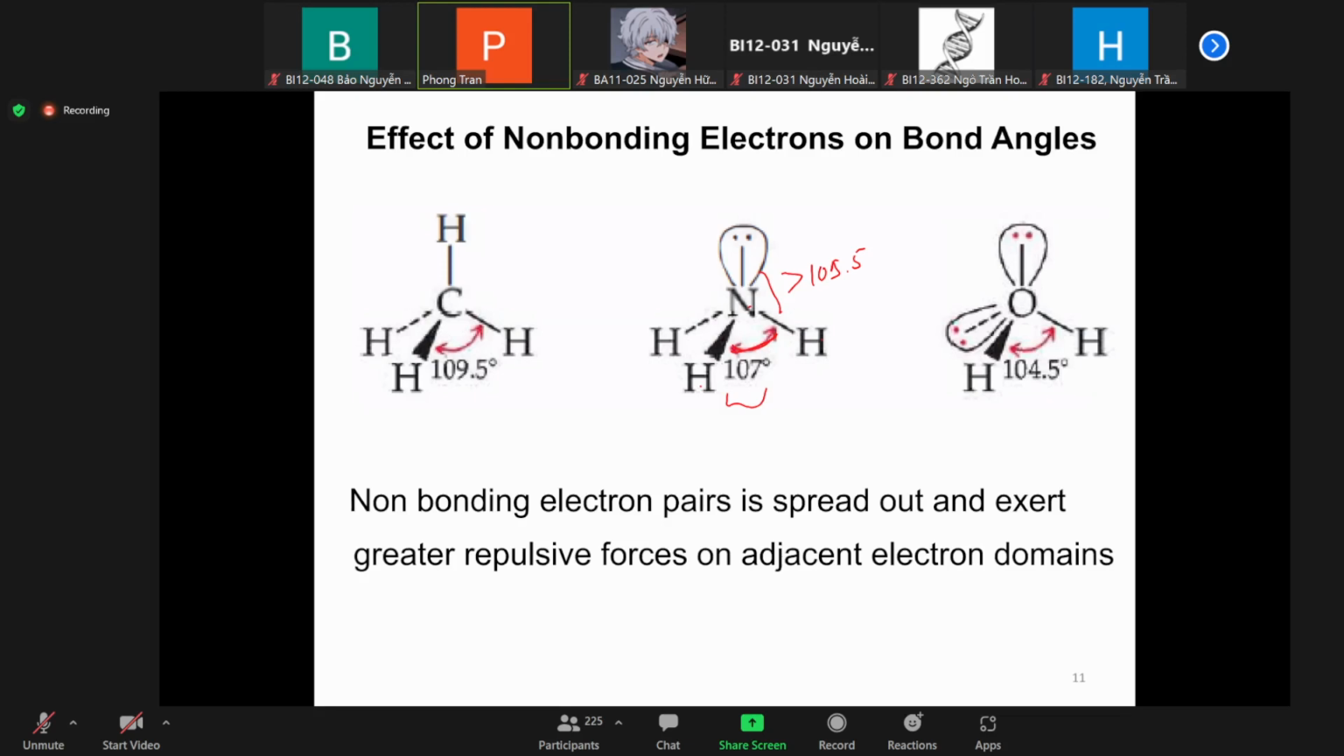And when you have water with 2 non-bonding electron domains, the interaction is much stronger. So as a consequence, the angle hydrogen, oxygen, hydrogen gets even smaller. The real angle that they observe in the water crystal is 104.5 degrees. Okay, so the take-home message is the non-bonding electron